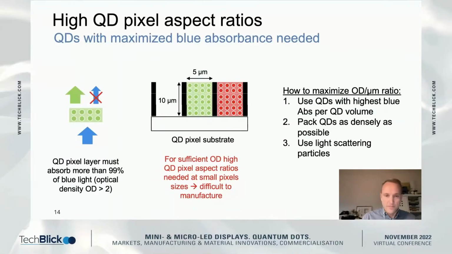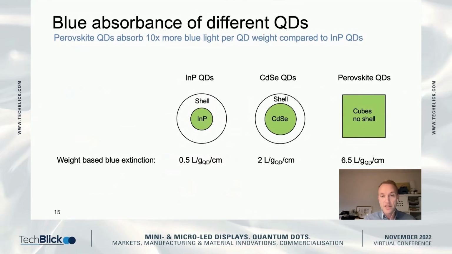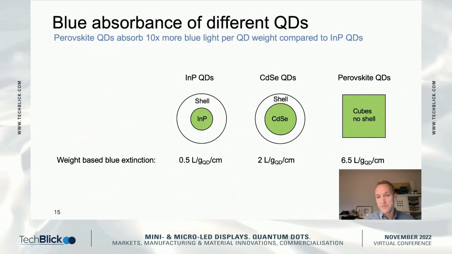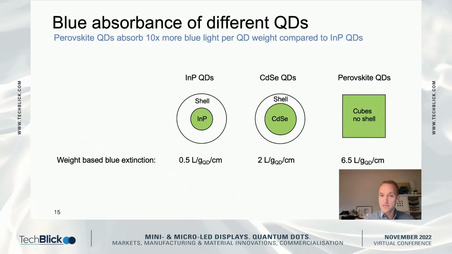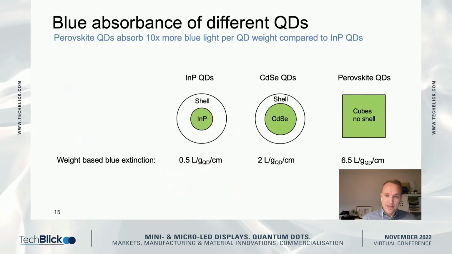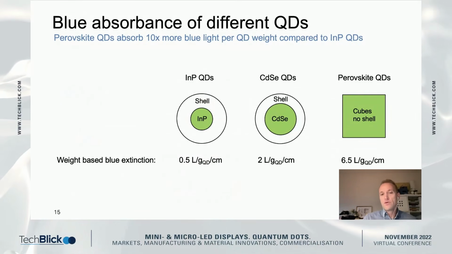Let's talk about optical density of QDs. So here you see a schematic of different QD technologies. We have indium phosphide core shell QDs, cadmium selenide QDs in the middle, and on the right-hand side, the perovskite QDs, which are cubes. In summary, perovskite QDs absorb around 10 times more per QD weight or QD volume